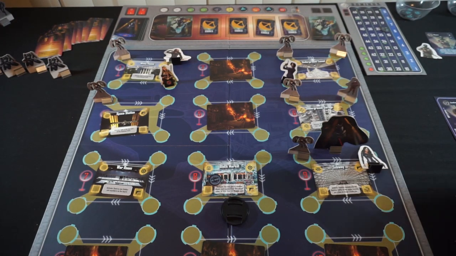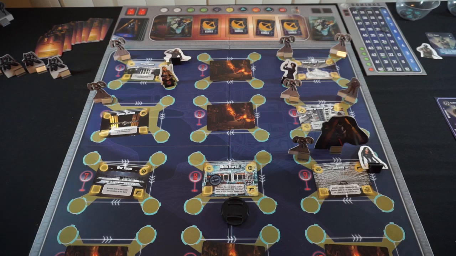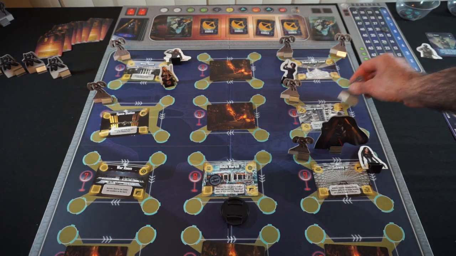So we do want to end in a space with another agent. But I'm going to use the grenade launcher pistol to attack the underground garage. So everything takes 3 damage there. Any agents would as well, but we have nobody there. So the soldier...